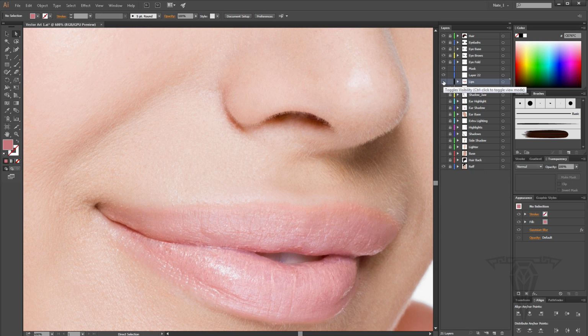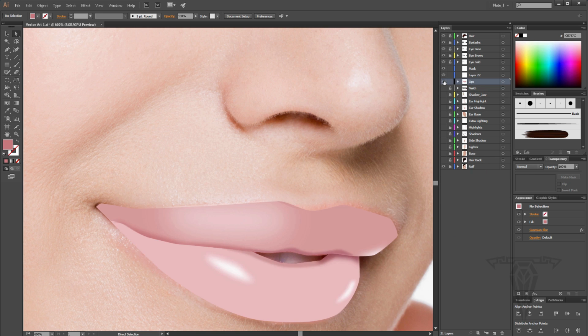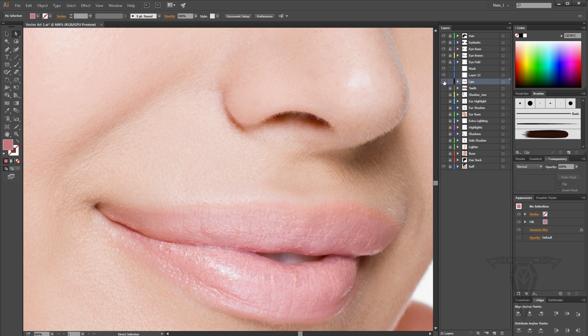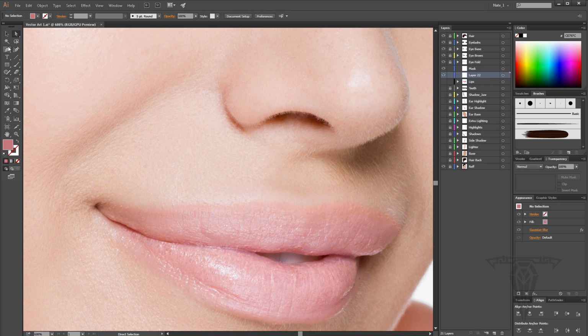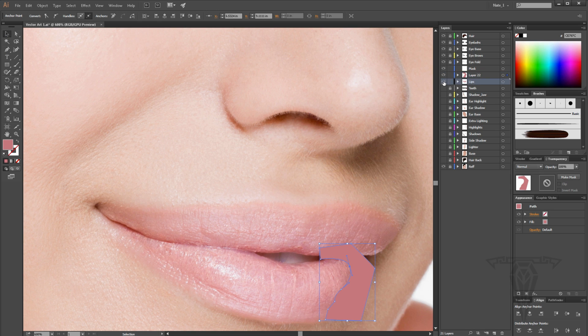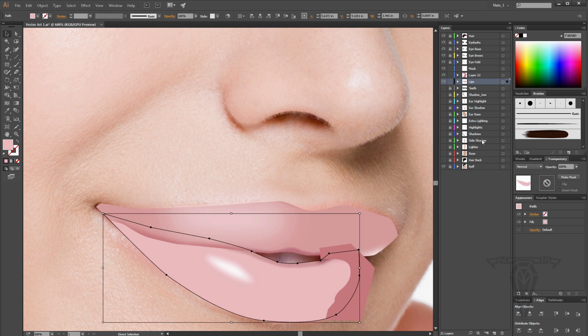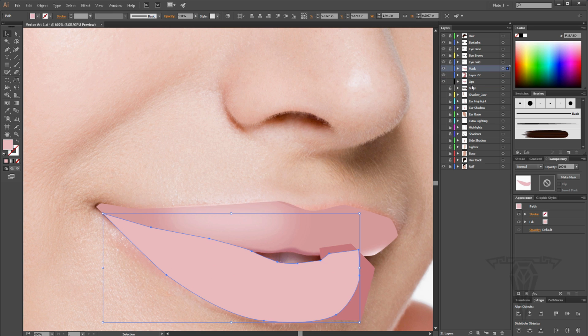All right, is there really anything else that I want to tap into the lips? All right, probably put in a little bit of a shadow here, and then I think I'm going to call it a day with the lips. So let's go ahead and hide this. Take the pen tool. Back to taking the lower lip, Control C, paste in place,